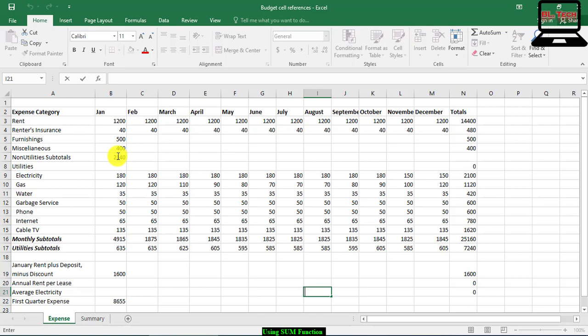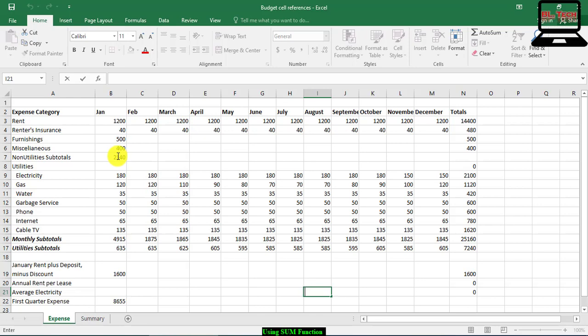AutoSum makes that task even easier by calculating, by default, the total from the adjacent cell up to the first non-numeric cell using the sum function in its formula.